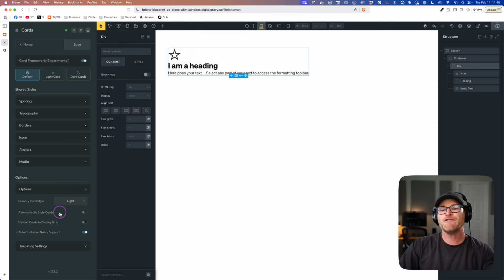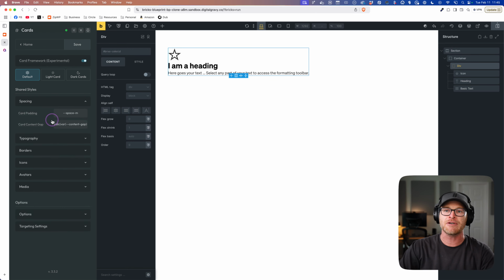But again, if you don't have automatically style cards on, it doesn't do anything. Nothing will happen, except you will have a library of card-based variables available to you, which are controllable by these dashboard inputs right here, okay?